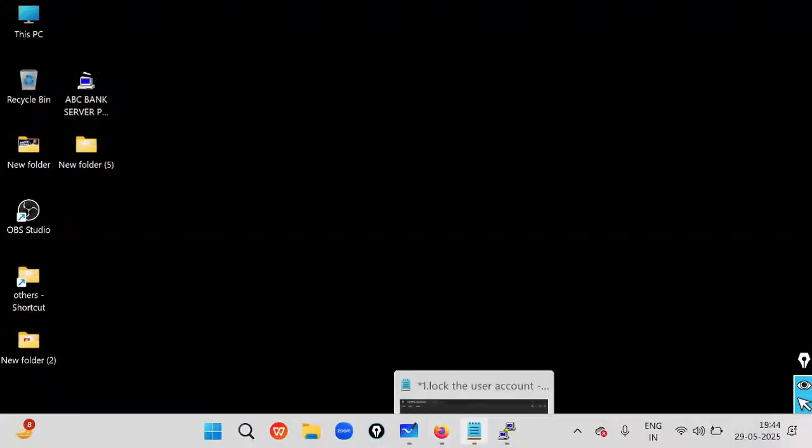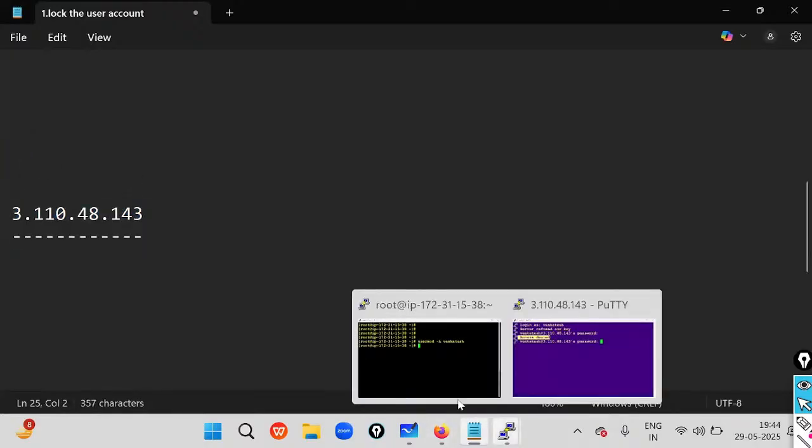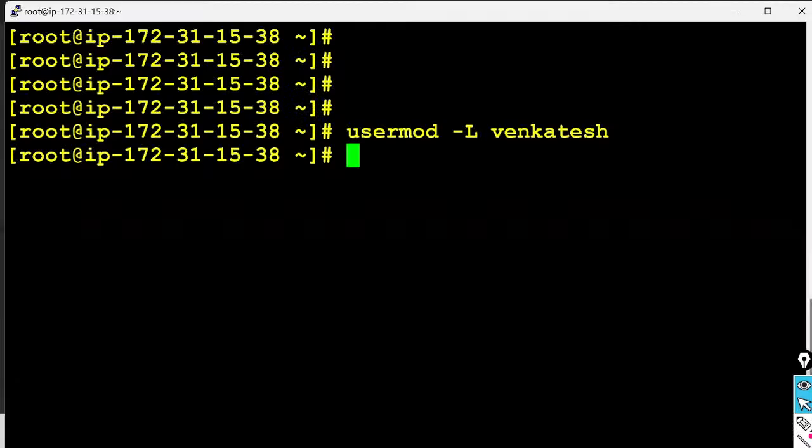Like that, they can raise the ticket, and the ticket can be resolved by a root user or some other ones. Yes. Now a ticket has been raised, saying, hey, please unlock me, or please provide an access. As soon as we receive this request from the Venkatesh user, as a root user, we use usermod, with the approval of the manager only, not by you. No, no, no. You are not the one to take any decision inside a project.